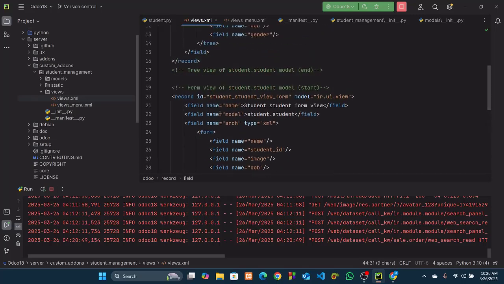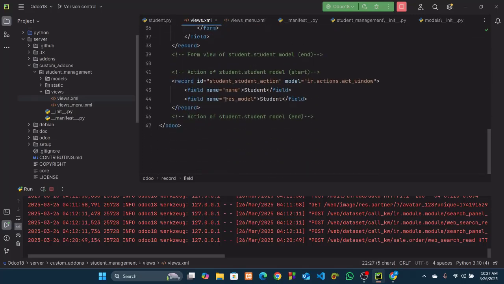For a tree and form view we used just model, but for actions we have to write res underscore model. So which is student dot student,